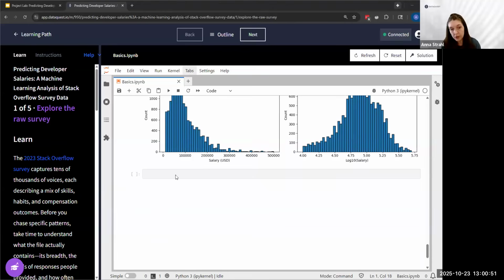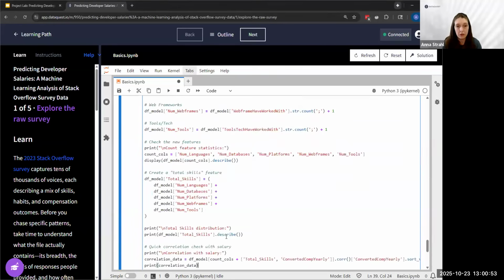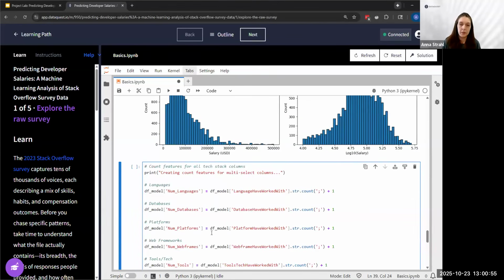So another big chunk of code incoming. But what we're doing here, and this is an example of how AI was very helpful in creating the solution for this project, is all of these rows of code are pretty repetitive. I just told AI to write it, and it did a very good job just for languages, databases, platforms, web frameworks, tools, and tech. Boom, it was done in a couple seconds.